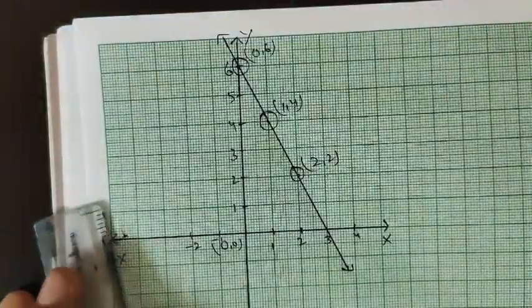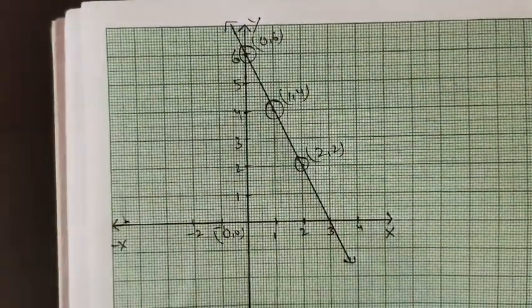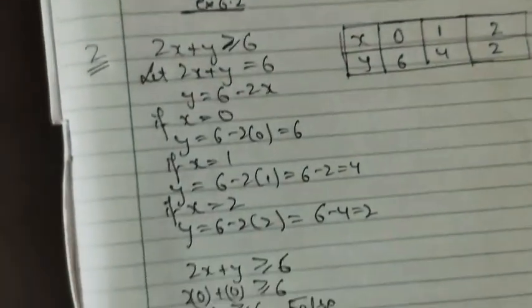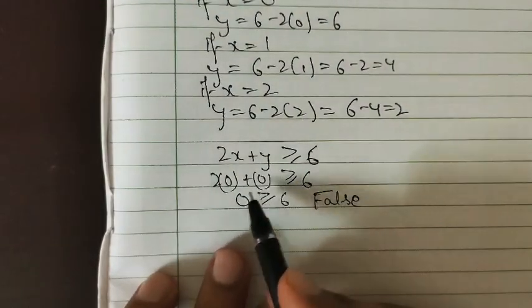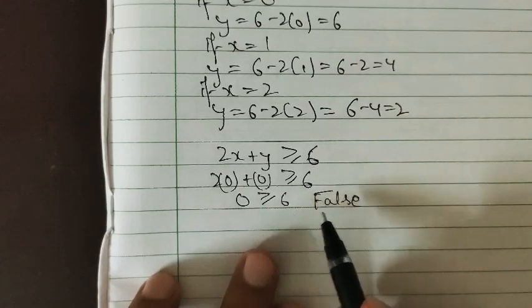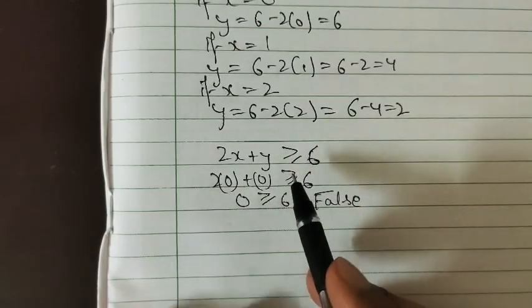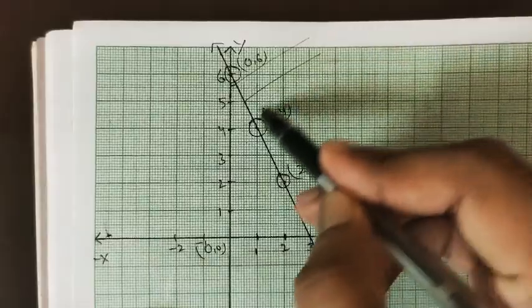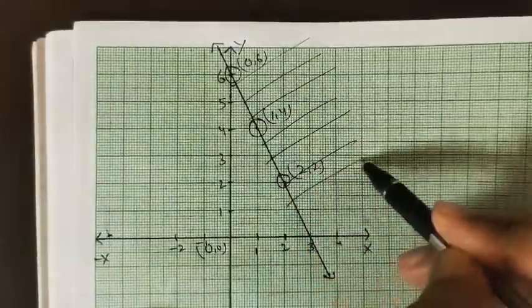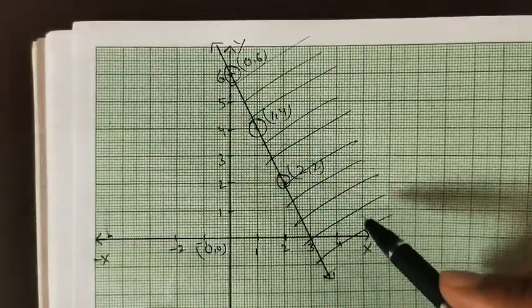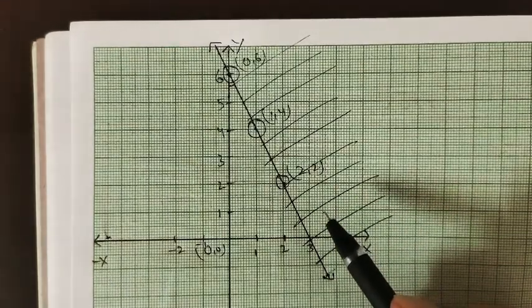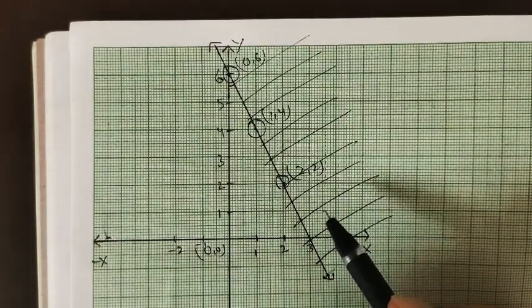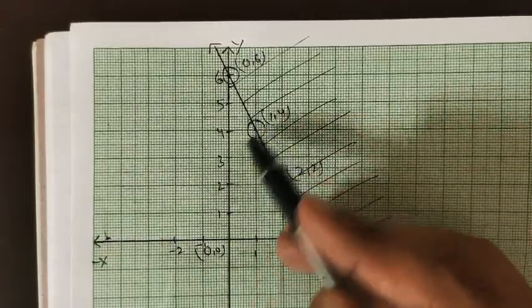So now the point which I was discussing, right? We know that 0 is not greater than or equal to 6, right? So this statement is false. So if it is false, which area are we going to take? The outside one, right? The outside area we will consider. This area we will take, right? This is the required area. If we had 0 is less than 6, then we would be using the other area.